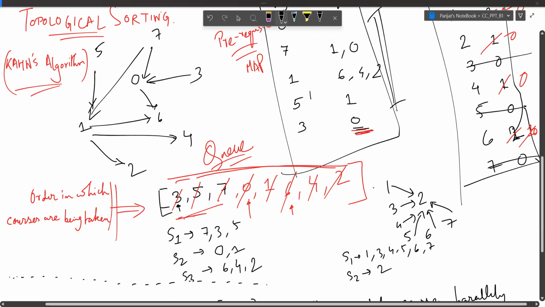Can anyone modify the previous algorithm a bit and come up with the answer? Or can you find a pattern in how the semesters